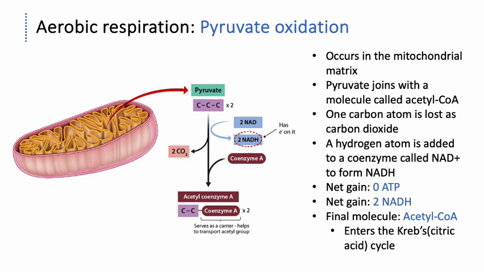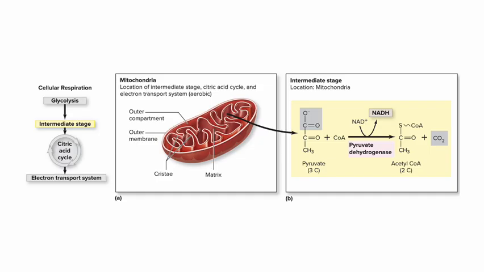Okay, so in this pyruvate oxidation, we're not making any ATP directly. All we're doing is converting this pyruvate, which is 3 carbons, into a molecule called acetyl-CoA. Okay, this acetyl-CoA is going to be important because it is going to move into our next phase. That's going to be called the citric acid cycle. Sometimes it's called the Krebs cycle as well. Right. So this is a way to also visualize this process of